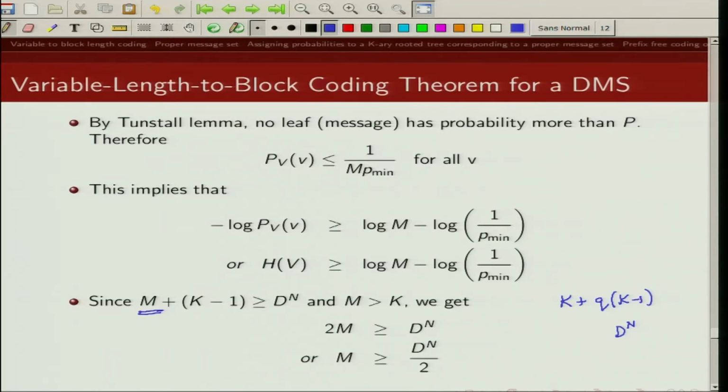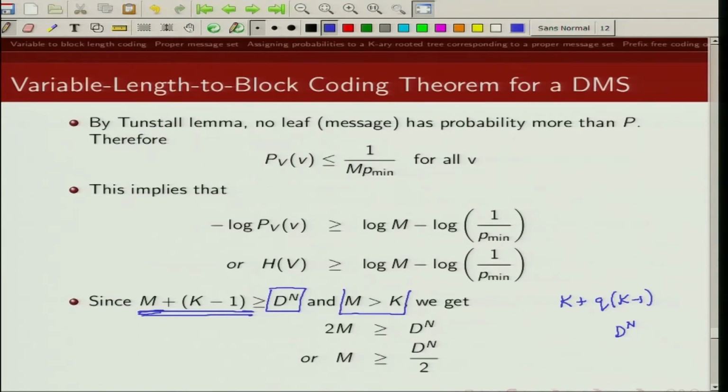So m plus k minus 1 has to be greater than D raised to power n, because if that's not the case, then we could have done a further extension of the Tunstall message set. So m plus k minus 1 is greater than or equal to D raised to power n,